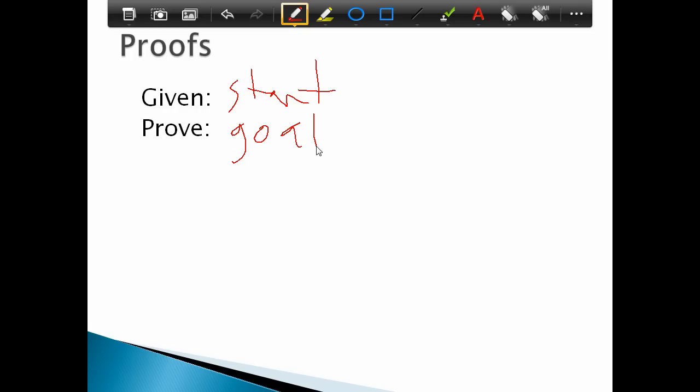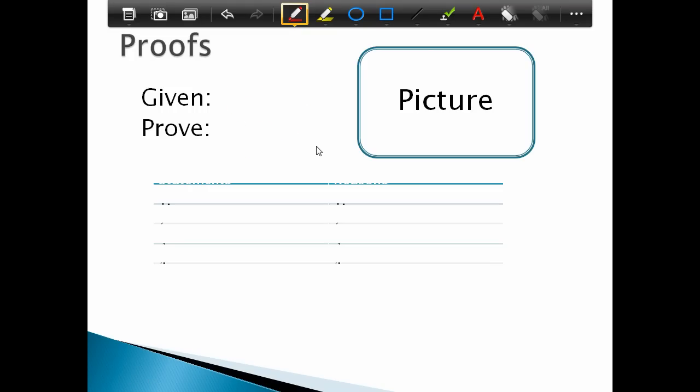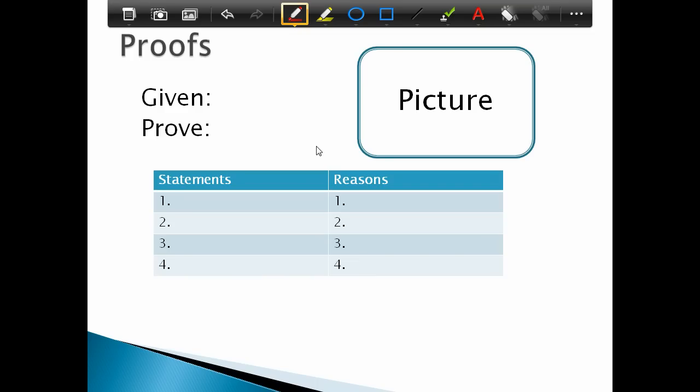Along with that starting information and your goal, typically they'll give you a picture. If they don't, you're going to draw a picture. And then we get this kind of chart thing. In geometry, we typically use what's called a two-column approach to proofs. So we have two columns here. On the left, it's got statements, and on the right, it's got reasons. On the left, we're going to write something that we know,